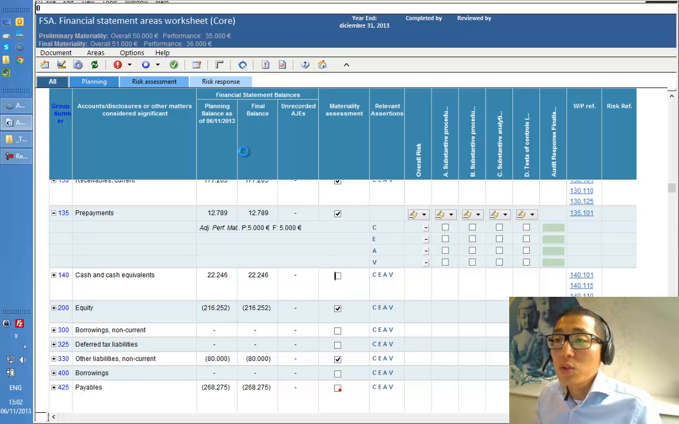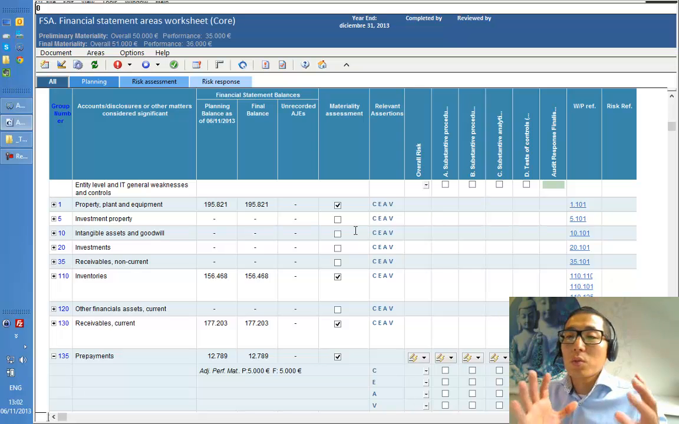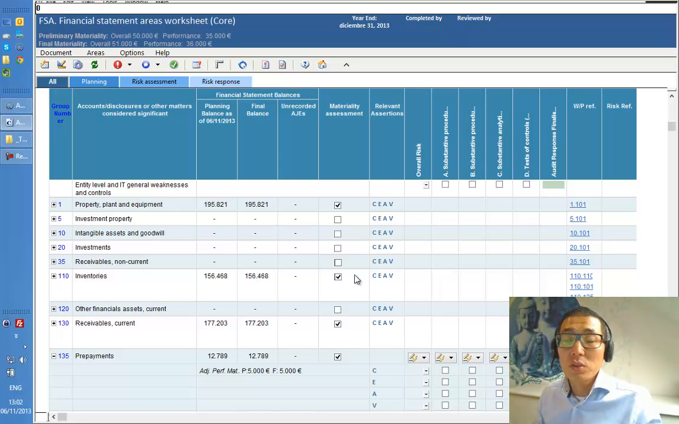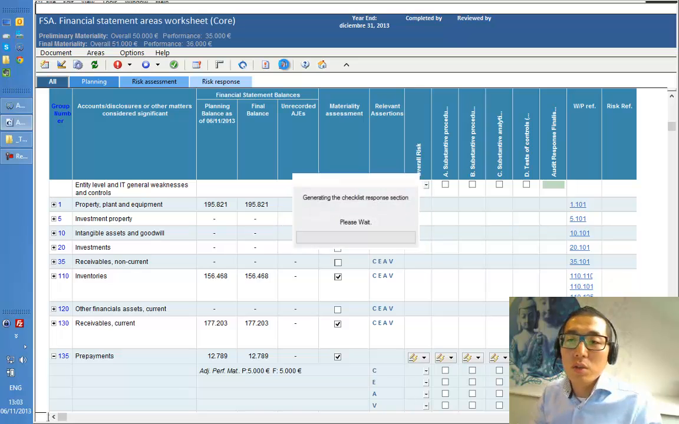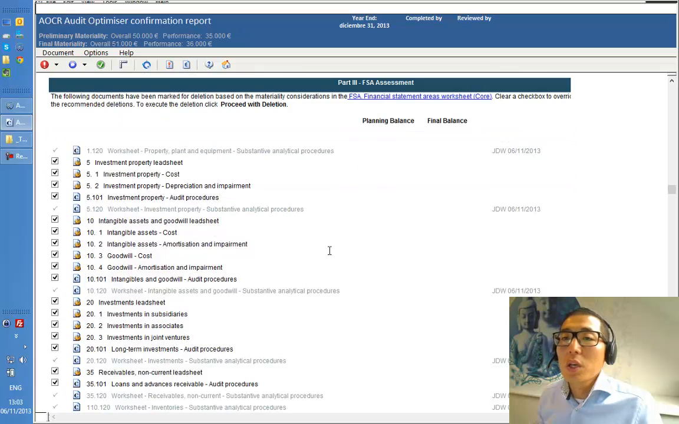Okay, so those are the first couple of columns in my FSA worksheet. So what my FSA worksheet does is that it summarizes my FSAs, it gives you the planning balance, and based on that planning balance and your materiality calculation, you now make your decisions which areas are material, which ones are not. When you've done that, there's another round of optimization that you can do in your file. So just by going to the optimizer confirmation report here, it will now process your materiality decisions from your FSA worksheet, and if I scroll a little bit further, it will now say,